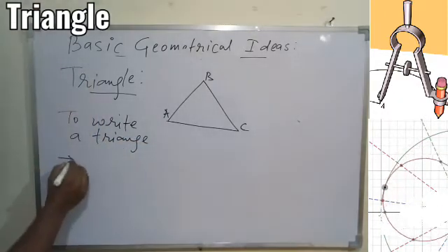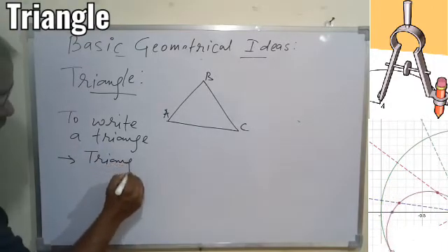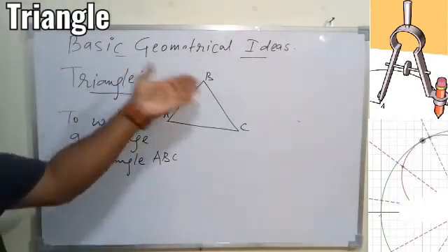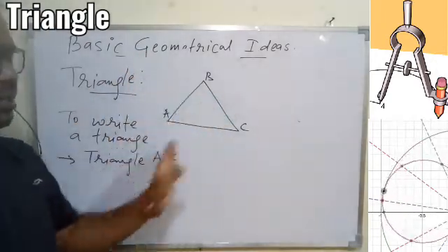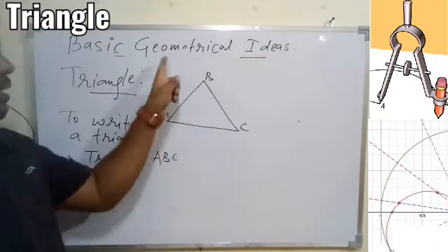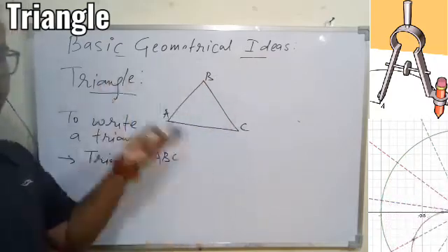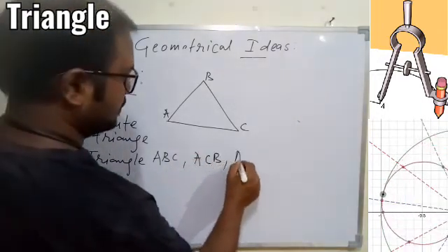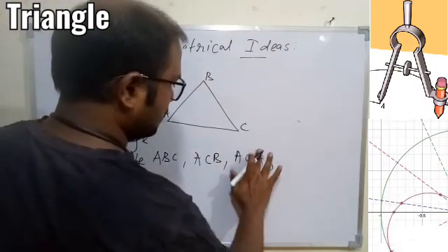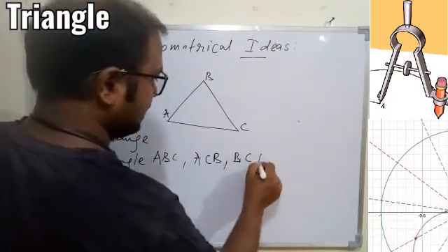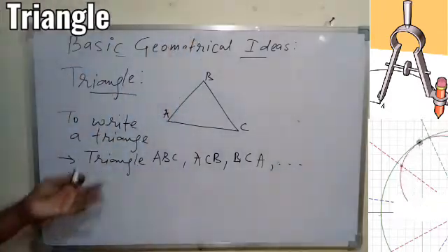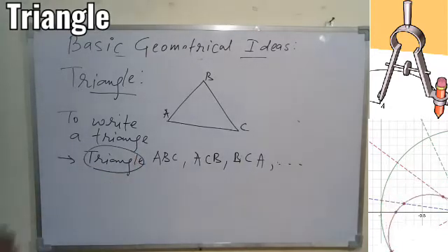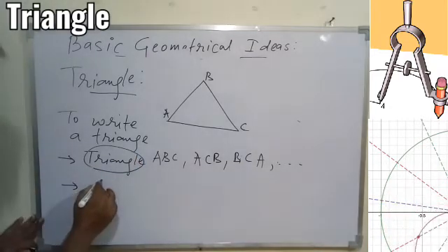So what can we write down? Very first, we can write down triangle ABC. You can write ABC, BCA, ACB, but you have to move in a sequence. So we can give different names: triangle ABC, ACB, BCA are basically nothing but the same triangle. So we don't need to write the word triangle again and again. We have a symbol for the triangle, and that is nothing but the triangle itself.